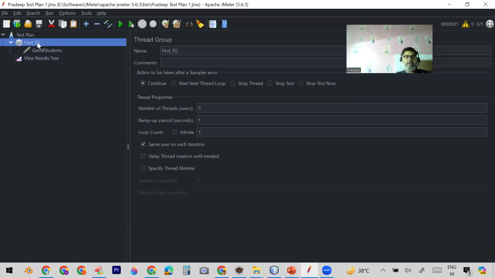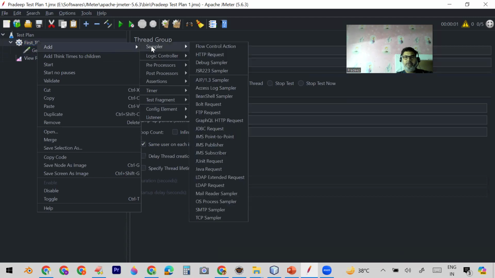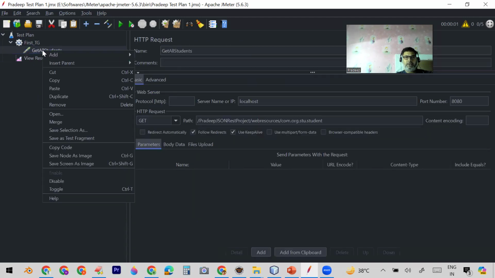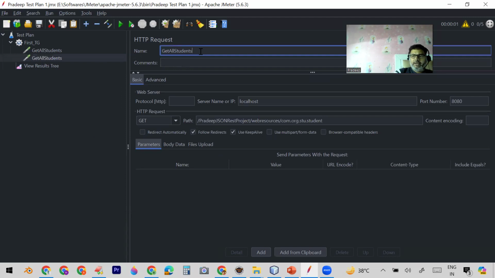Okay, now I can add multiple requests, I told you. So let me add one more request, that is called sampler, and again I will do the HTTP request. Or I can do one thing. I can right click on it and make it duplicate. So I don't need to copy it, and it will create another one. And now I can change it. Get students by name. Get students